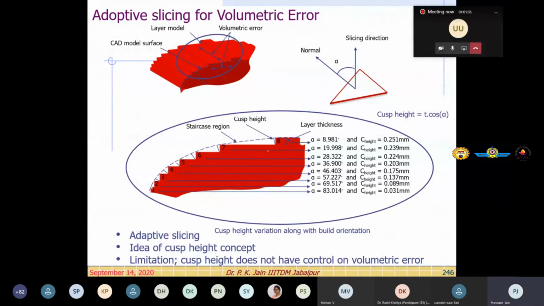Look at this here. Even though cusp height for this position and this position would be same, but see, lot of volume loss is here compared to this position.